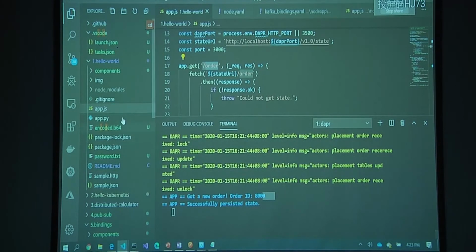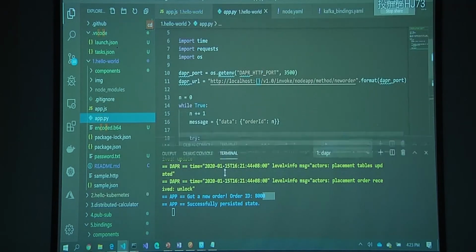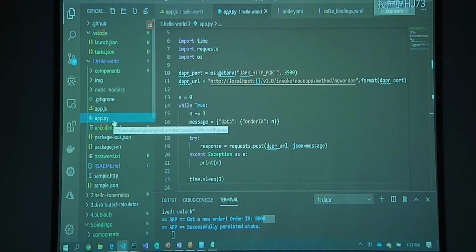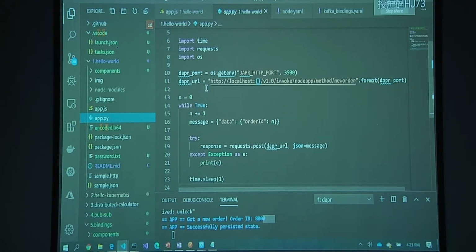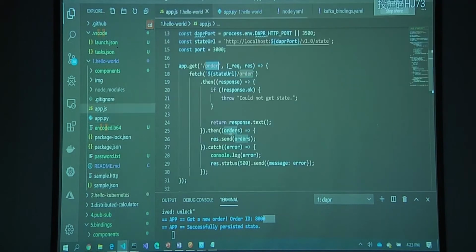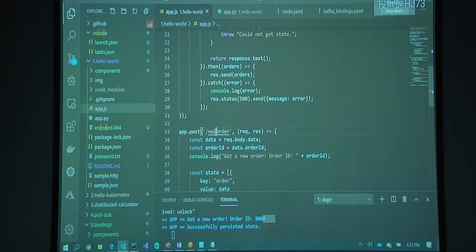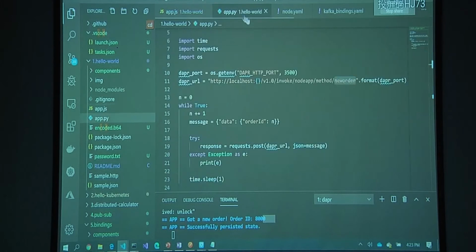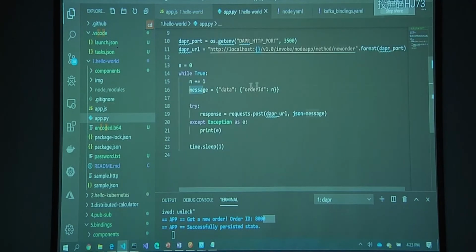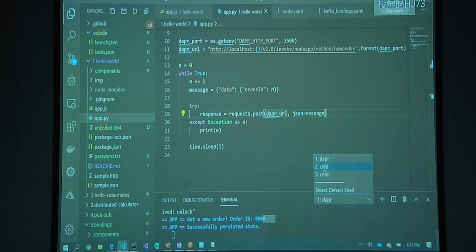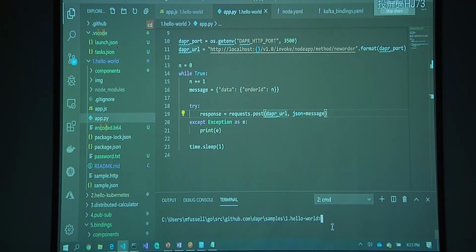But to show you method invocation, I can take another application. This is this Python application, and you'll see that here I can call the invoke method and invoke this new order method. This new order method is the new order method inside my Node application. I can build out the order ID and do the Dapr URL post onto this. So if I go, and I think I have it inside here,